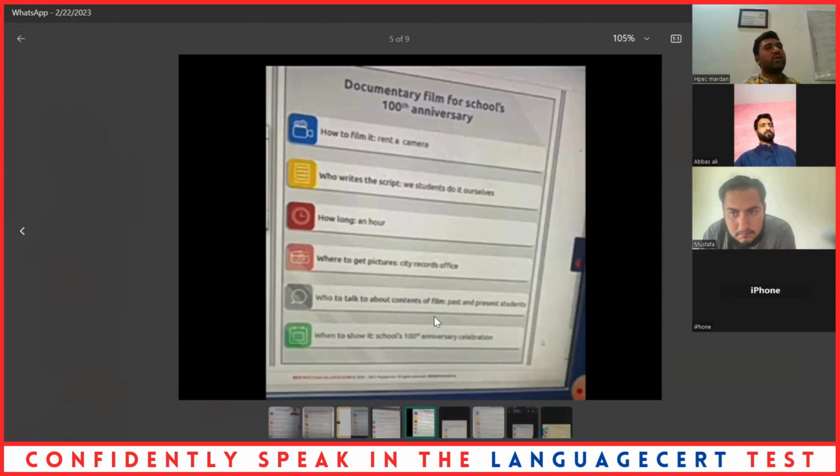We should talk to past and present students. They both will share experience with each other, so the outcome of these both will be extraordinary. I think talking with them will make a significant change to the film. Yes, they might have an idea about it.